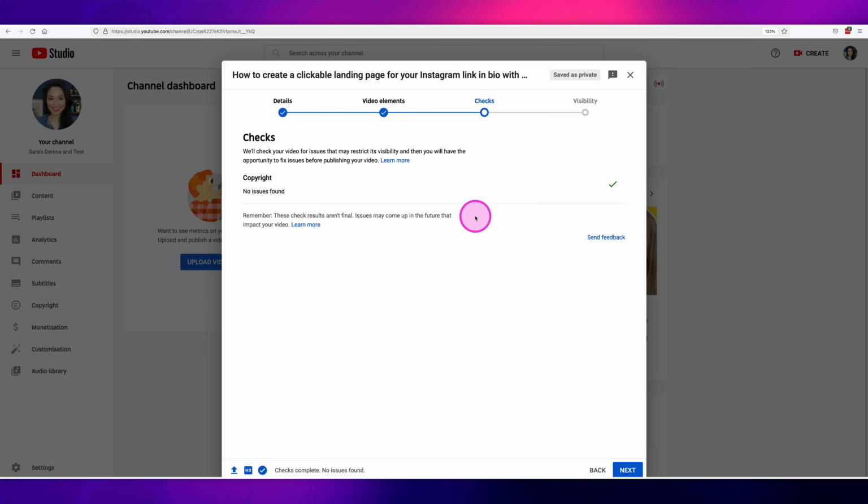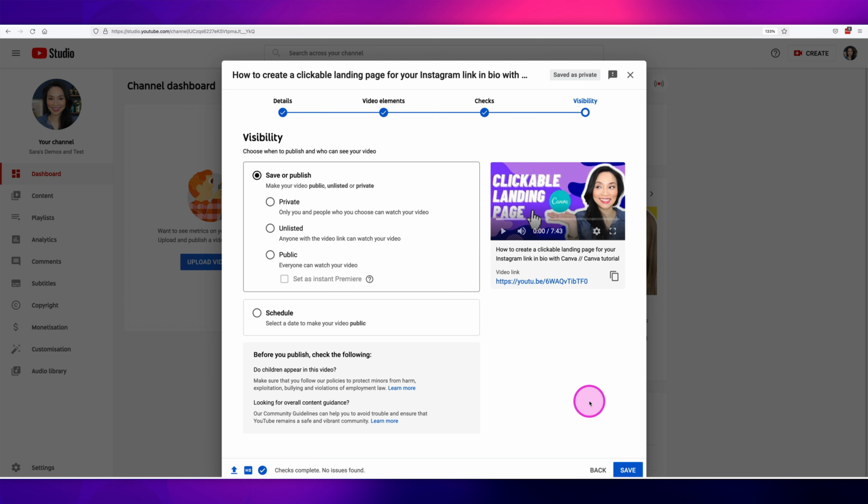During the upload process, YouTube will flag it if there is a copyright claim or issue with your video because you've used music that they've identified, or the AI has picked up music which has issues. There's none here, so I'm going to continue with next. If there are some, you will need to address them by either removing it from the video or adding music on top of it.